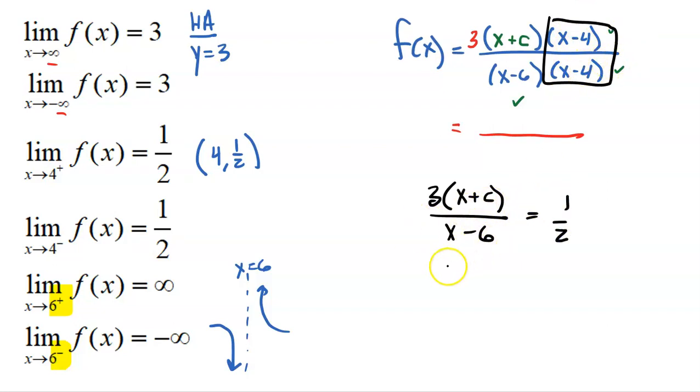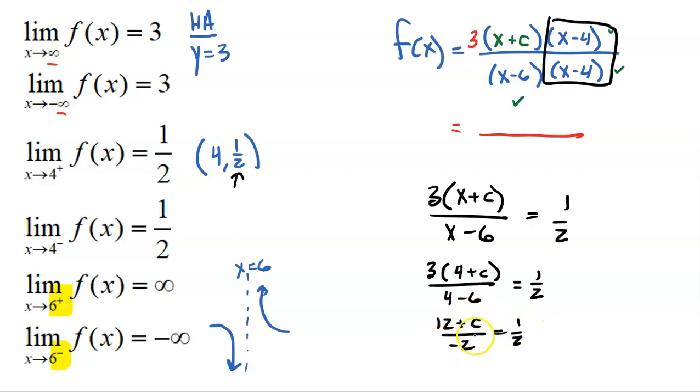So I'm going to plug in 4s. If I plug in 4, I get 3 times (4 plus c) over (4 minus 6). And when I plug in 4, I need to get 1/2, because I know that's the y-coordinate of the hole. So that's (12 plus 3c) over negative 2